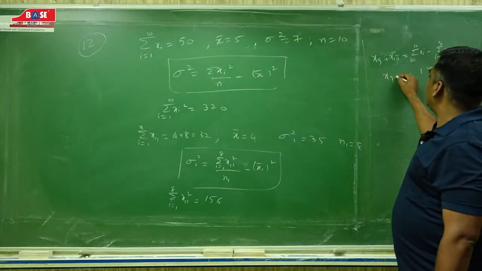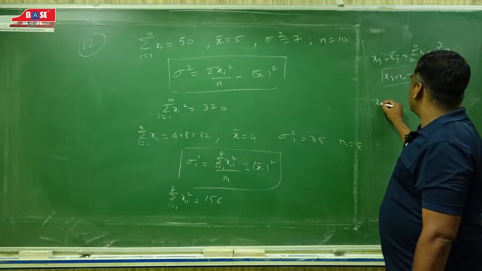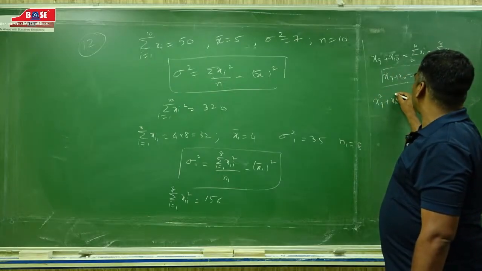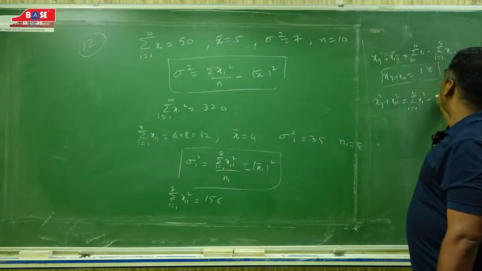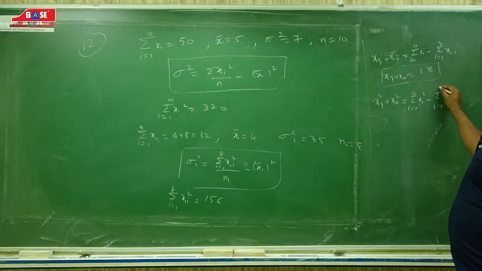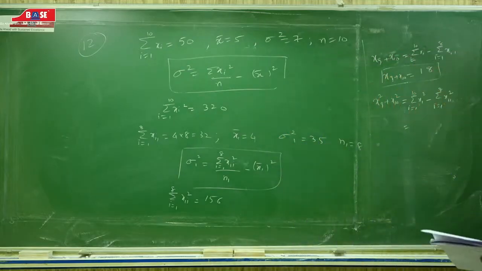So x9 plus x10 is 18, and I have to find x9 square plus x10 square, which is the summation of xi square from 1 to 10 minus the summation of x1i square from 1 to 8, which is nothing but 320 minus 156. It is going to come around